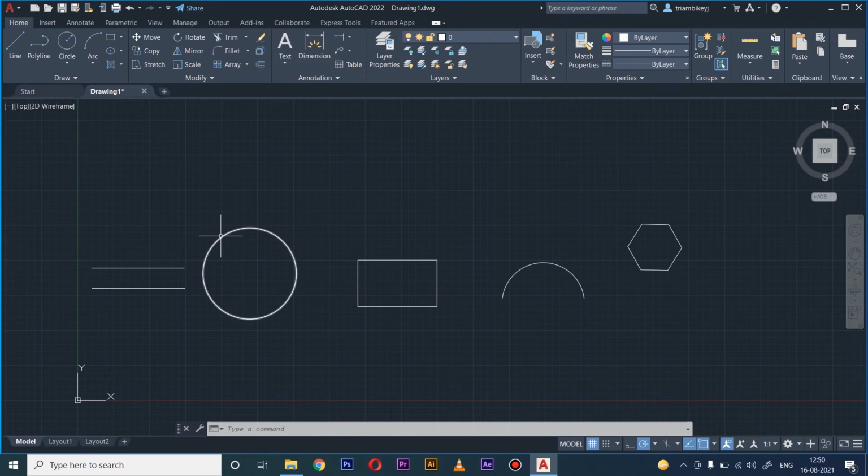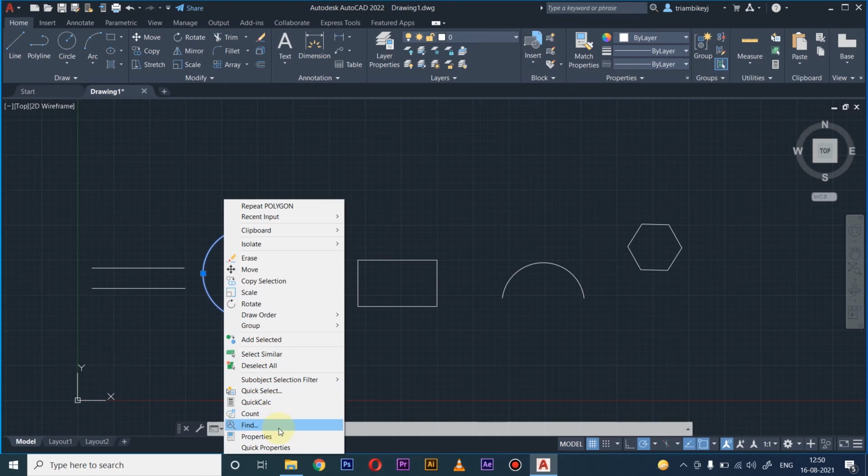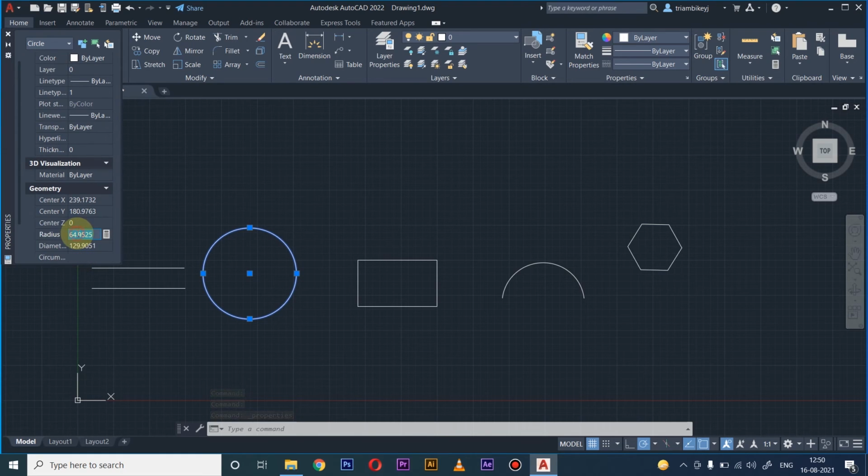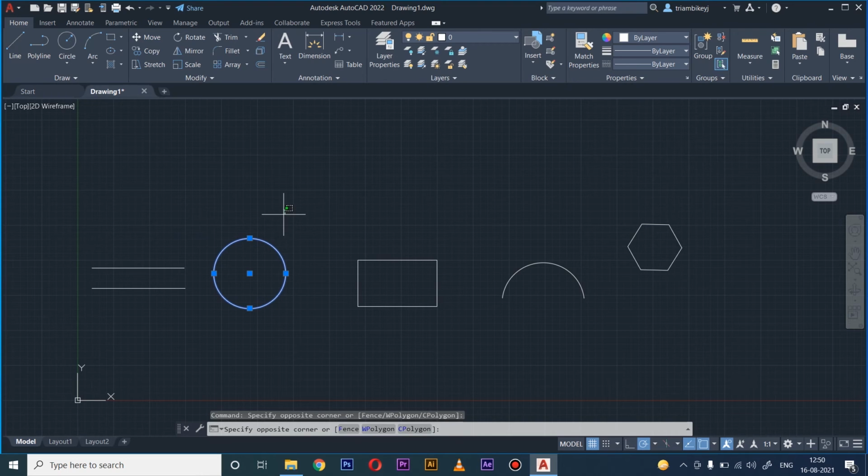Okay, so let me tell you how to set any dimension of what we have already drawn. Go to properties, then radius or diameter, whichever you want, then change it. I'm changing it to 50. See, it has changed. My diameter is 100. Or you can do